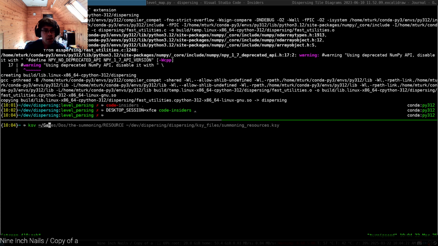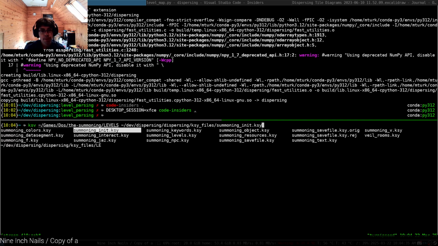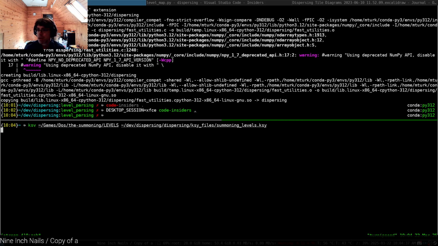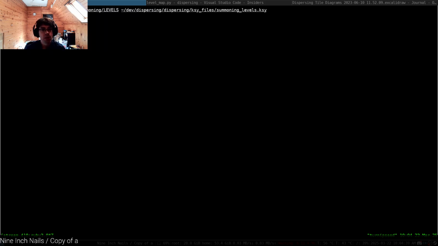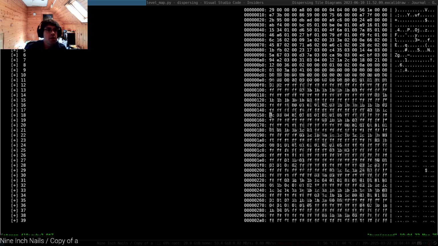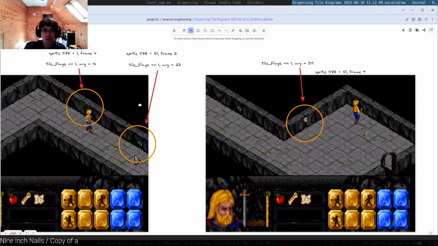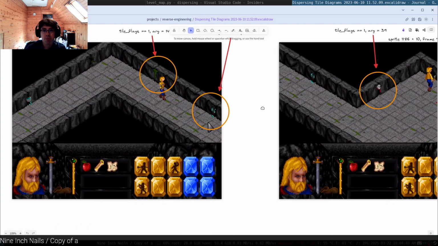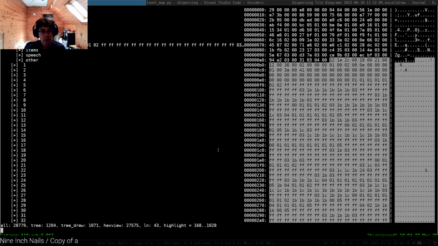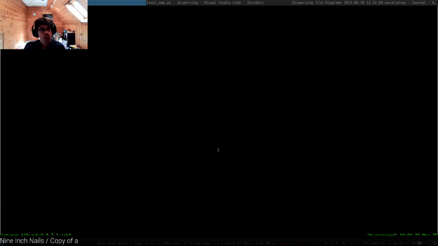If I take a look at the level using the Kaitai Struct Visualizer, you can see some of the changes that I've made to it. Let's zoom in here. Alright, so this is level 0. Recall this. The other thing, oh yeah, I also made a change to,